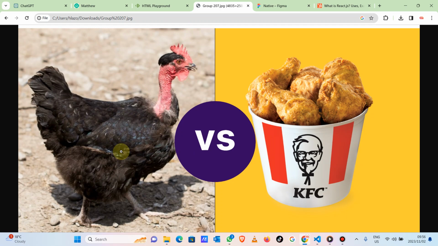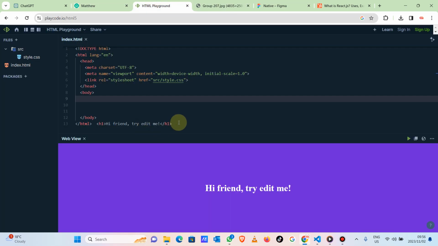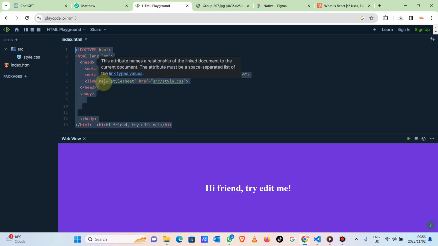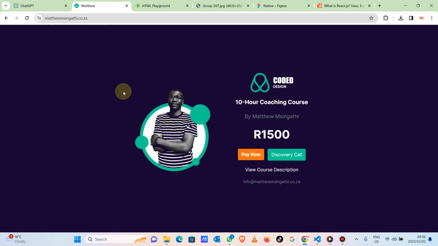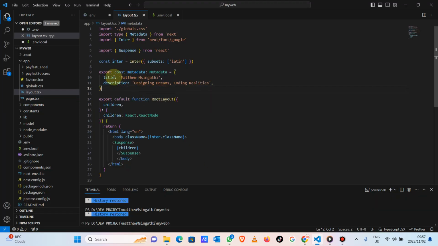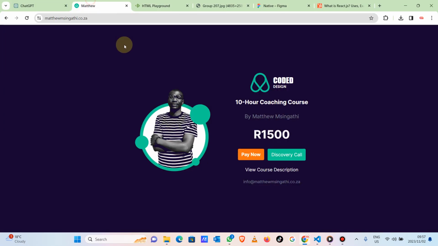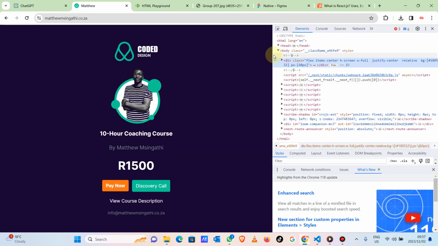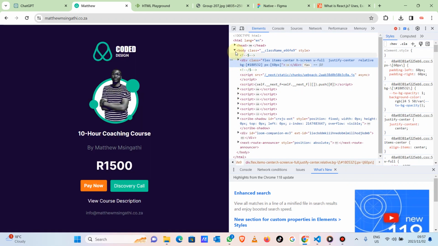We always reject it or repel it. When we look at HTML like this, we always feel like this is old and outdated. This is what we want, whereas if you want to understand React, you need to go back to here. As much as this title is like an object, if you inspect this Next.js code, you will see that in terms of HTML, it's still that ugly and boring HTML.